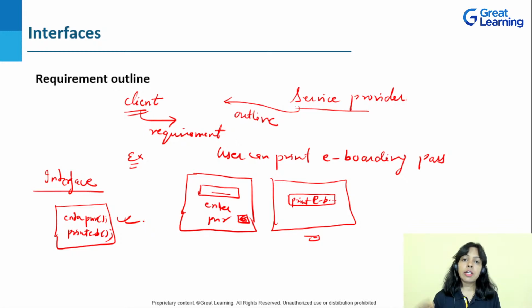When you are not aware of the complete implementation of any project or idea, you can put it under an interface. Or you can say, initially when we start with coding or designing a project, we put it under this. Now I'll give you one example of an interface from Java, with which you will understand very easily how this is a requirement outline.